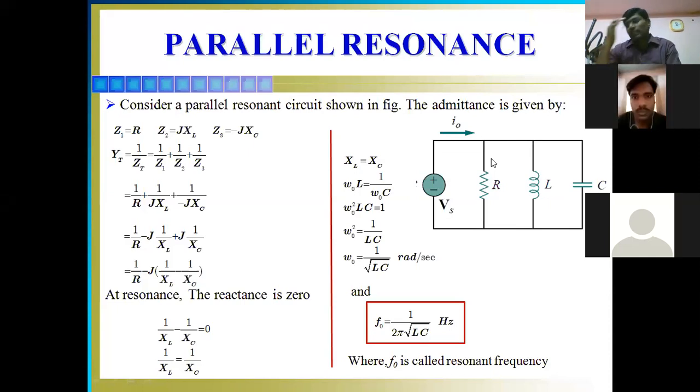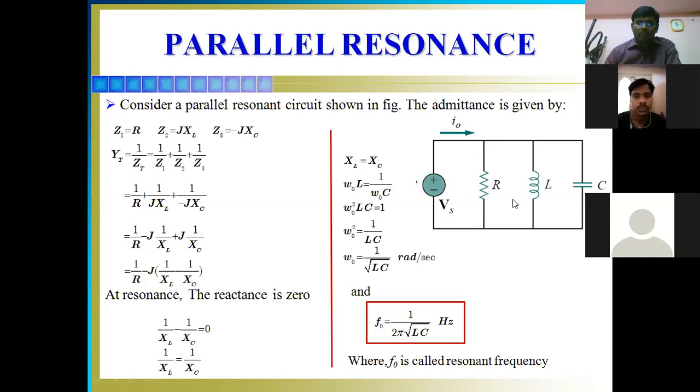While calculating resonant frequency for a parallel circuit, it is better to calculate admittance, and not only for resonant circuits. While analyzing parallel circuits, we calculate admittance, unlike series circuits where we calculate impedance to analyze series RLC circuits for AC excitation. So here we just calculate the admittance of the entire circuit.